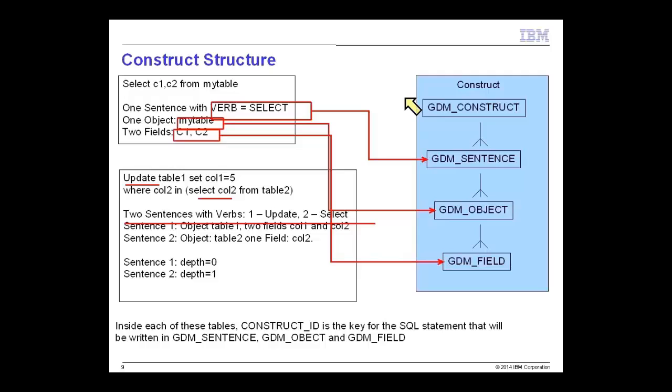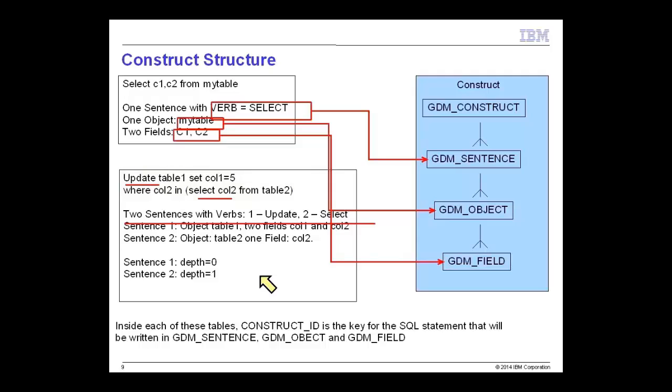Each sentence may have a number of objects, and each object may have a number of fields. Take a look at the second example, which is a little bit more complex, though two sentences is still not really complicated. So we update table 1. We set column 1 equals 5, where column 2 is in some inner select statement